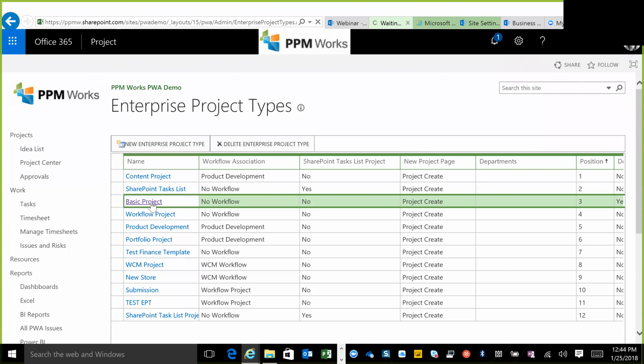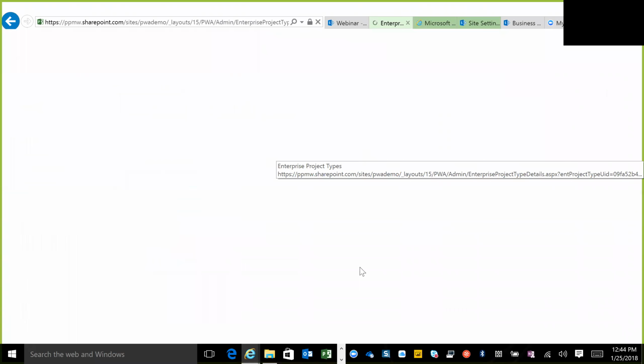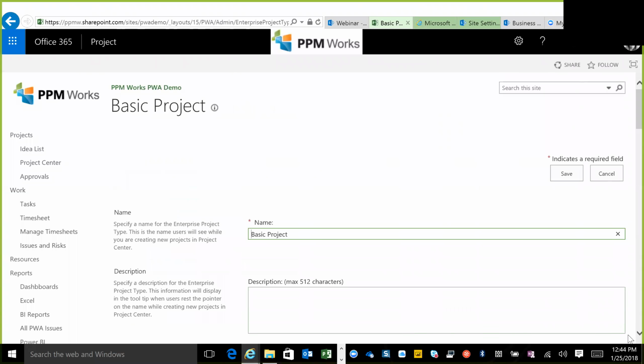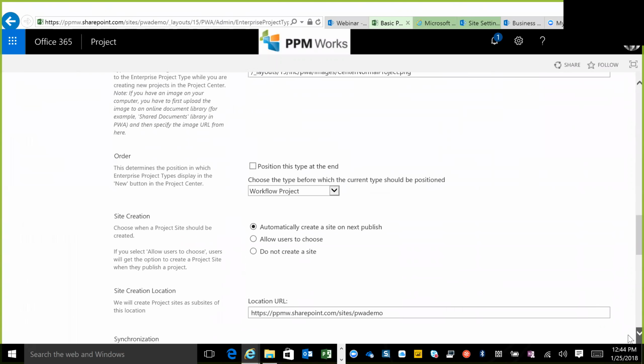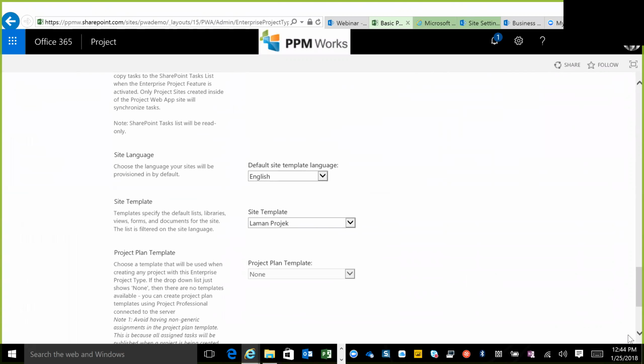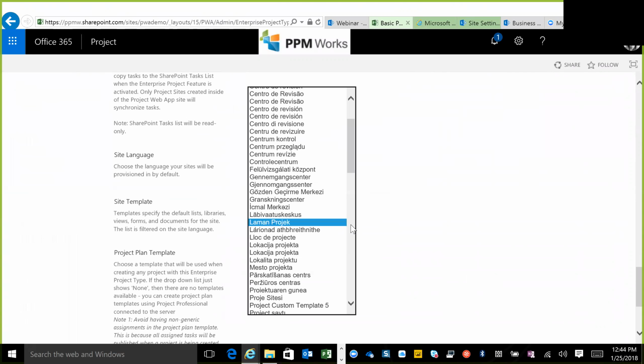It's the same screenshot that I showed you before, so if we get some delay here, we can always move on. All right, here we go. All right, so if I scroll all the way down, site template. This is where I would find a list of project site templates in all different languages,